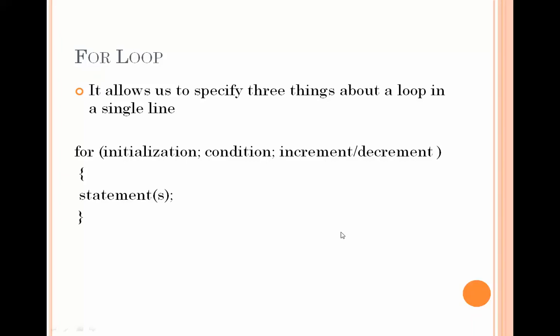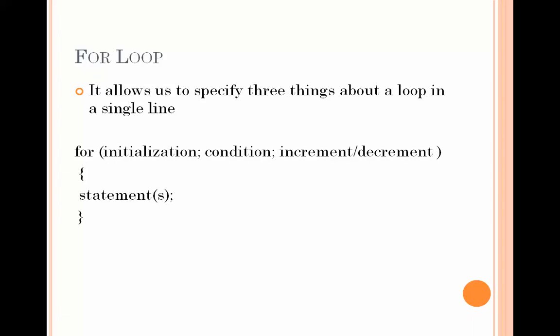Students, in our previous video, we have already discussed the while loop. Now our second loop is the for loop. As we know, loop control statements are used to repeat a set of instructions, and we have already seen how the while loop works in C. In today's video we will talk about the for loop, and we will try to solve a problem using it.